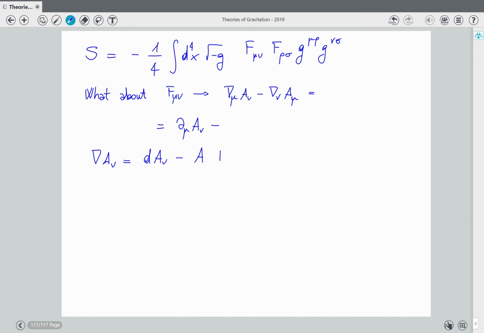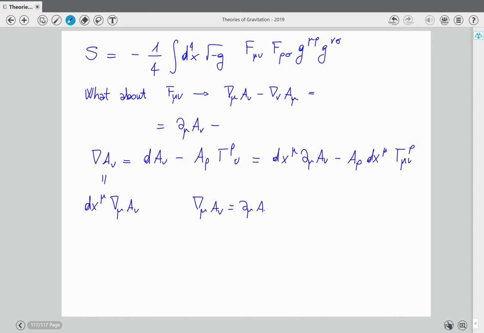So that was something like this. Okay? So that is dx^mu nabla_mu A_nu, and that is dx^mu partial_mu A_nu minus A_rho dx^mu Gamma^rho_mu nu. So that tells you that nabla_mu A_nu is partial_mu A_nu minus